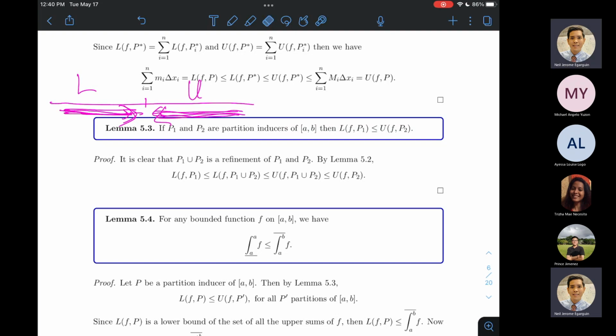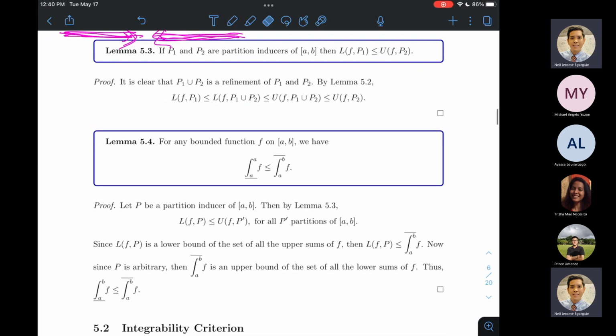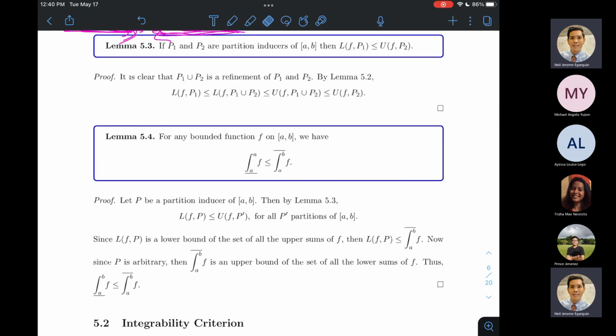Hindi pa dito natatapos yung serye ng mga lemmas o mga preliminary results na kailangan natin para mapag-usapan ang integrability criteria. So we can move on to lemma number 3. Ito naman yung relationship ng lower at saka upper Riemann sum